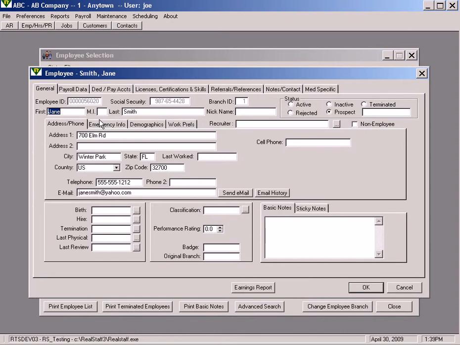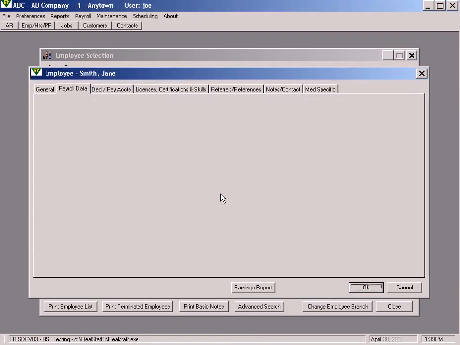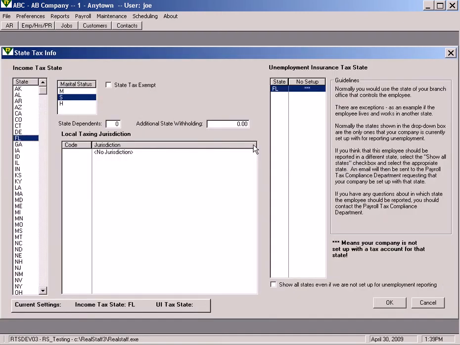Let's say now we have determined that we are going to make this person active. So we click on the active. And there's some information we have to put in. And if you do this right now, if you click OK, it'll ask you to put in some other information. We're going to go ahead and say that this person is single. Let's click on this and we'll just make sure we have the income tax state and the unemployment tax state